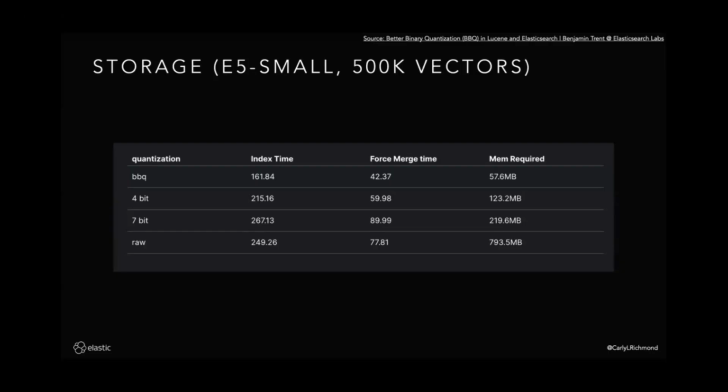The main thing is we've massively reduced the memory requirements associated with the vectors. On E5 small against 500K vectors, the memory requirement has gone from 793 meg all the way down to 57. We've also got an impact on the indexing time, because we're indexing and persisting binary rather than the full raw vectors.